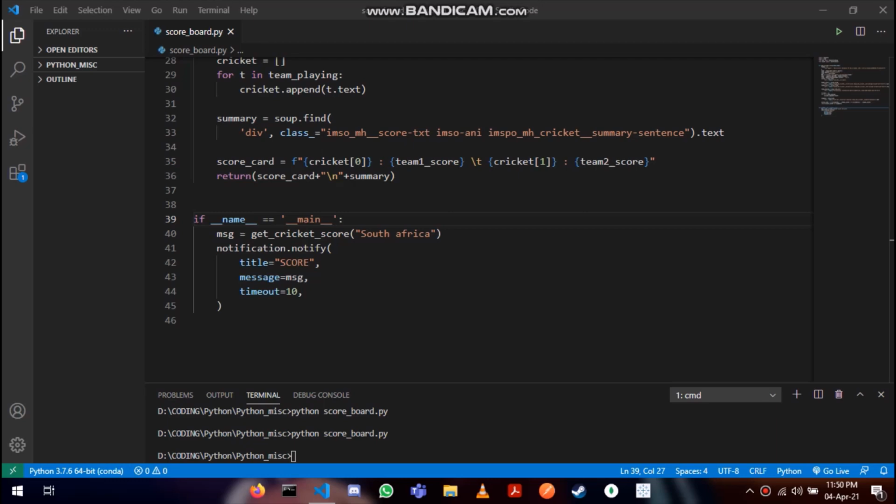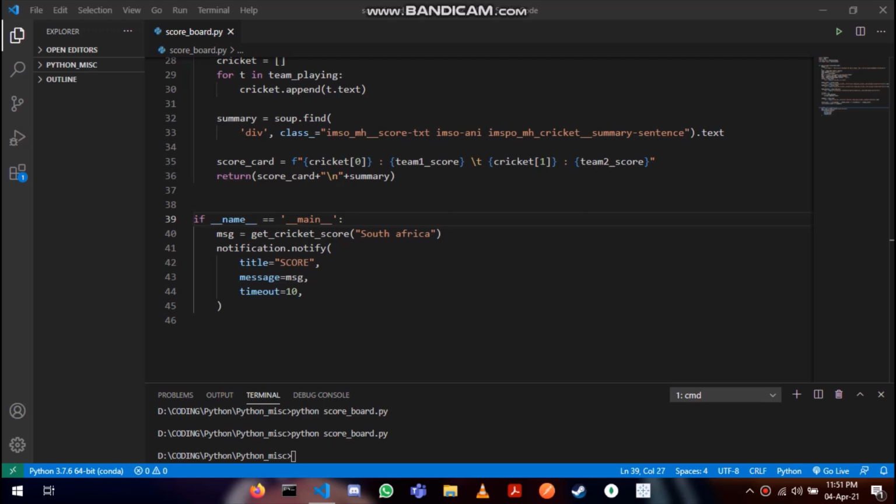So in this video, we will be making a cricket score notifier by scraping the data using Beautiful Soup and sending a desktop notification using the Plyer library. You can extend this notification system to any other sport by just changing the query parameter. And so you can use this script when you don't have the time to watch a match,